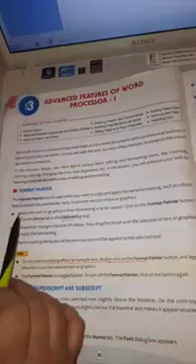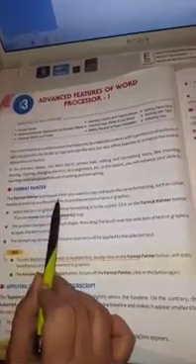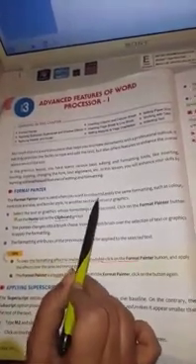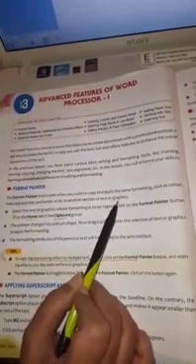Now the first feature that we have to learn is Format Painter. The Format Painter tool is used when you want to copy and apply the same formatting such as color, font style and size and border style to another section of text or graphics. That means to apply formatting features of one set to another. To do that, what we have to do, I will show it to you practically.